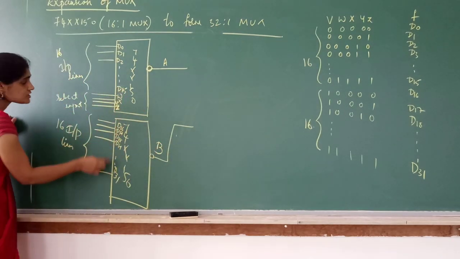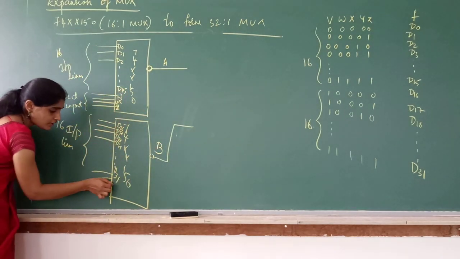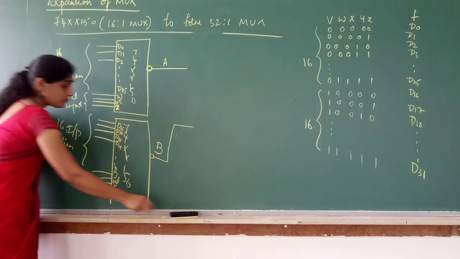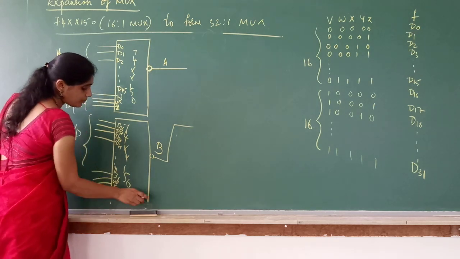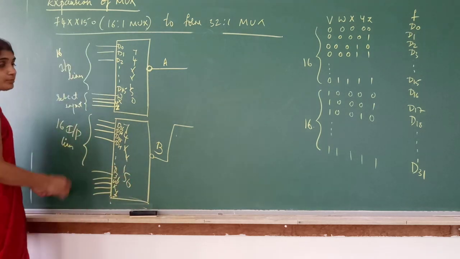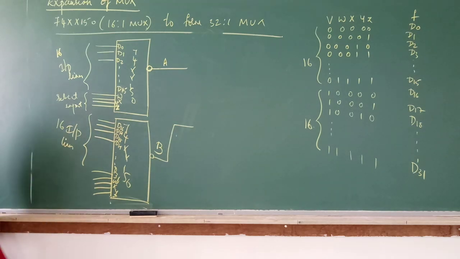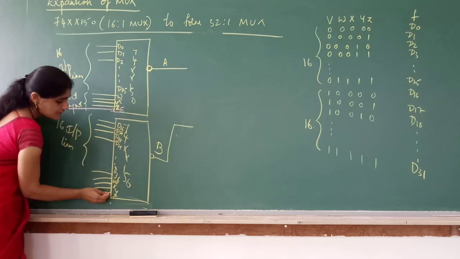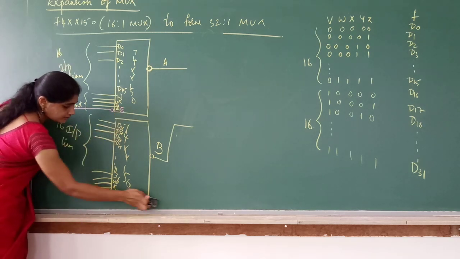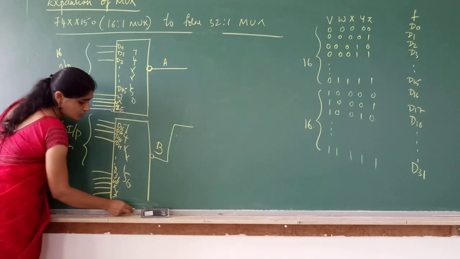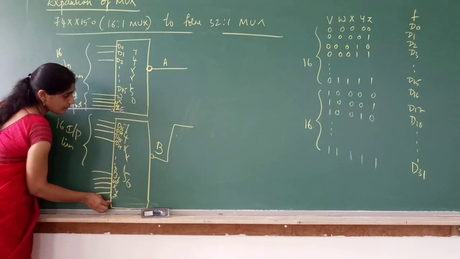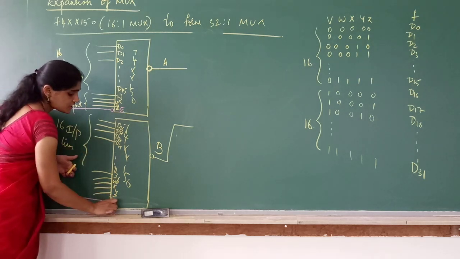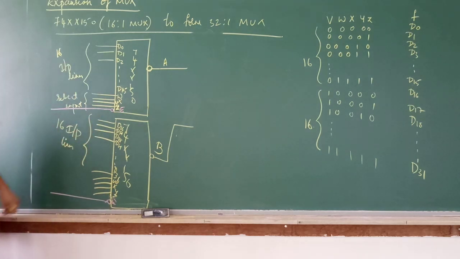And for this also we will have 4 more inputs, W, X, Y, Z. Along with this, we will also have one more input, that is enable. The enable input will be active low. Same way here also I have one enable input that is active low. If we give 0 to that enable input, only then the mux will be active. Otherwise no. So important: the enable input should be connected to 0 as it is active low.